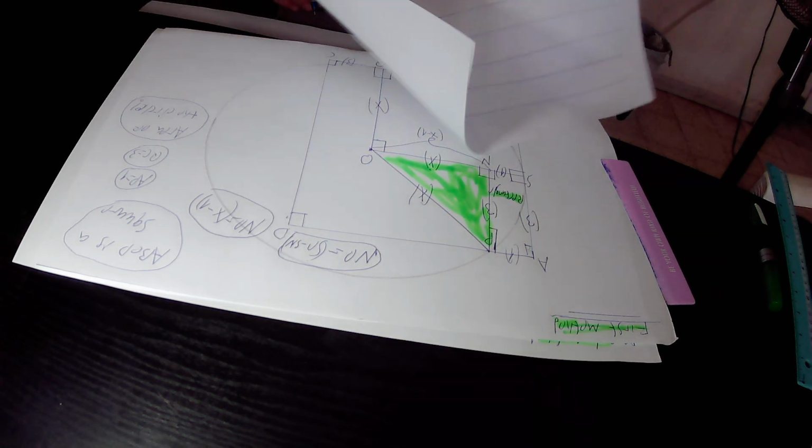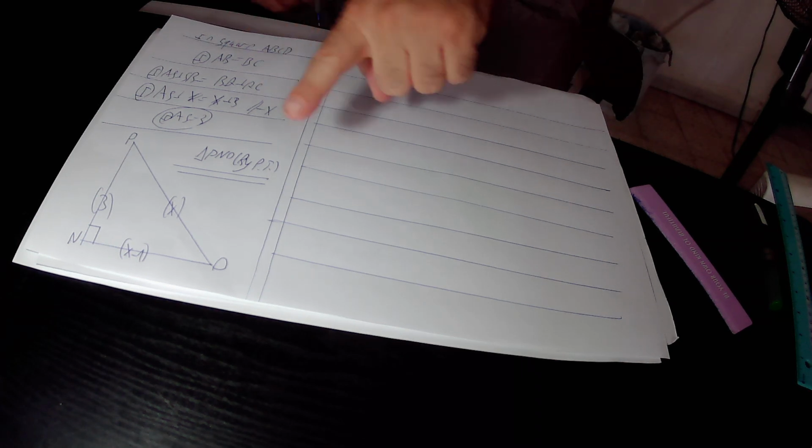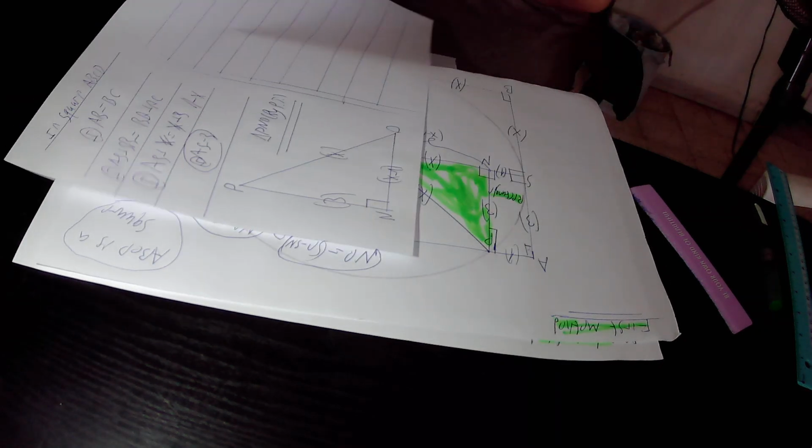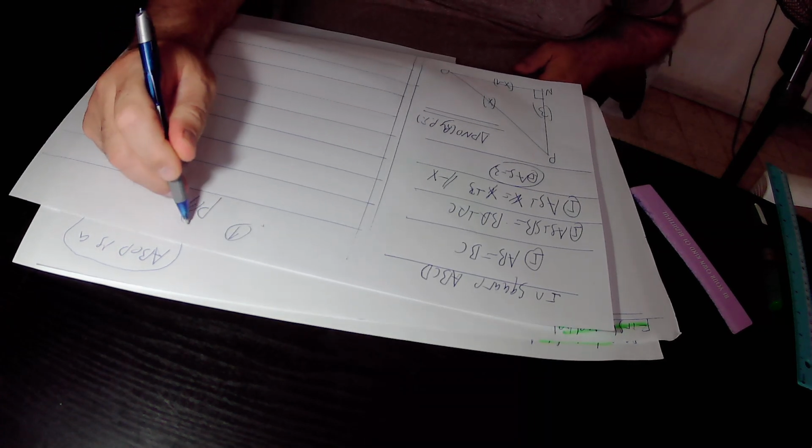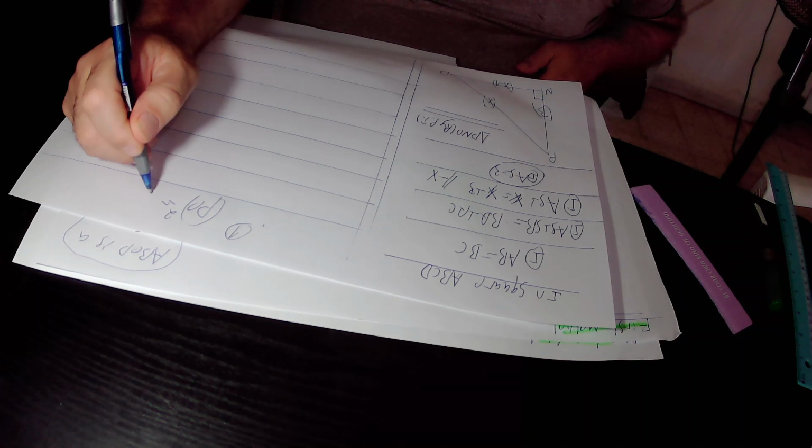So actually, this is the right green triangle PNO that I took from the original drawing. According to the Pythagorean theorem, in this right triangle PNO, PO squared, that is the square of the hypotenuse, equals PN squared plus NO squared. So I write it down. PO squared, the square of the hypotenuse, is equal to PN squared